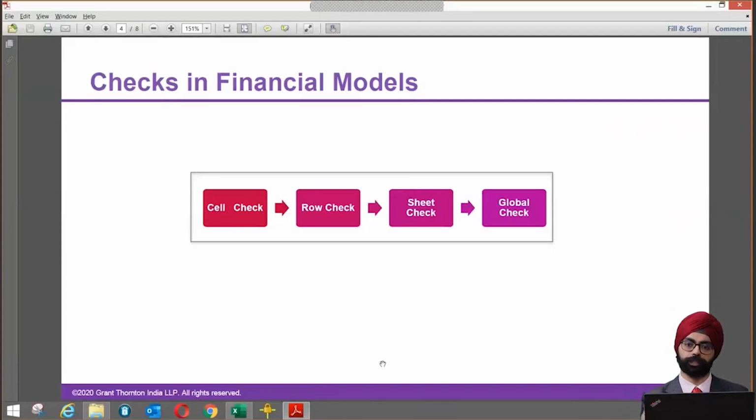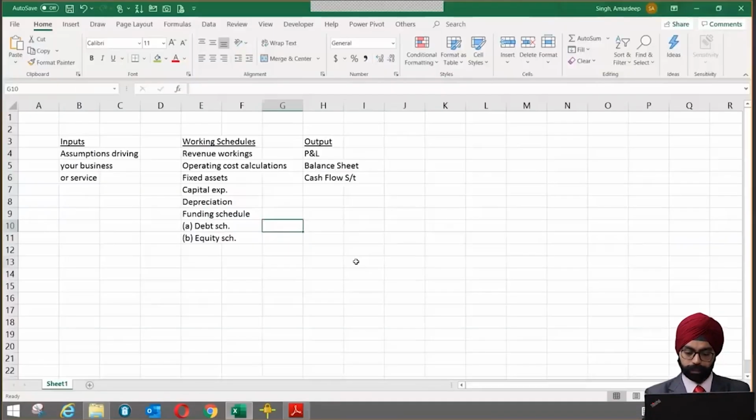Now, what is a cell check? Cell check means, as the term itself suggests, putting a check in a single cell. We are trying to see that if there is a particular computation that I've done at one single place, then there is a cell which includes a check corresponding to it. For instance, just see on the screen that if there is a capital structure